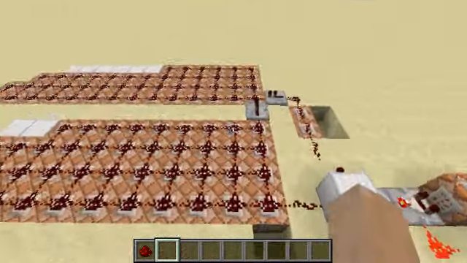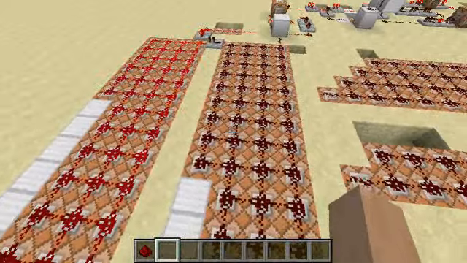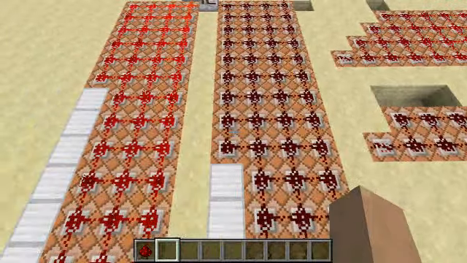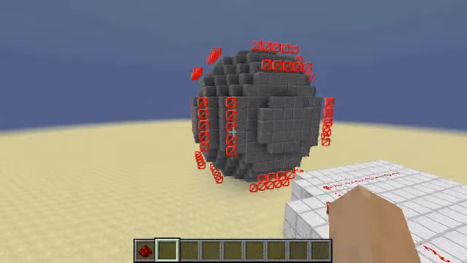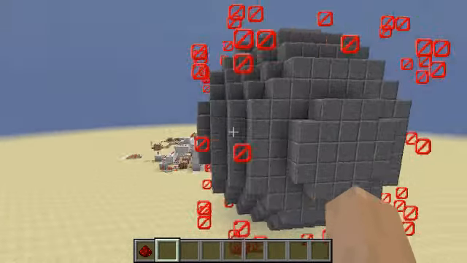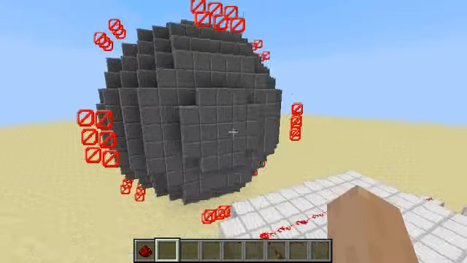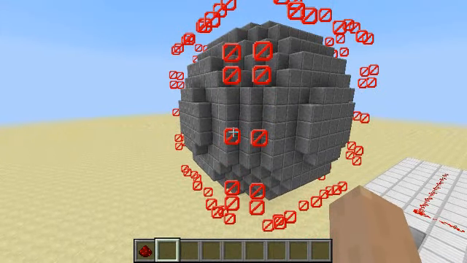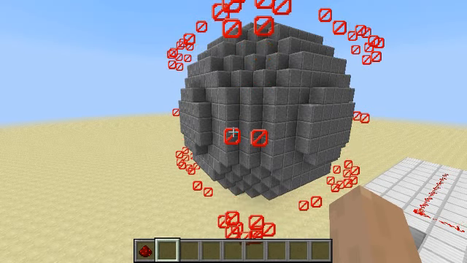See, we got our 48 blocks right here used for setting locks, and then 48 more over here to teleport the coordinates. Look how round it is. And it's only been a few minutes, maybe. The last one took almost 40 minutes, and it was only a 5 radius. This one's a 7 radius, which makes...